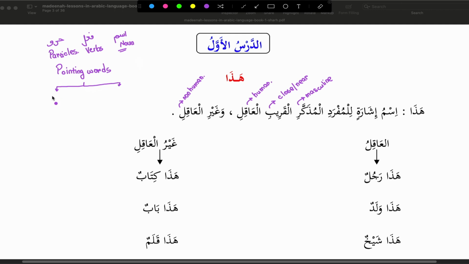Now, there are some which are used to point at things that are close, that are near, and there are some pointing words that are used to point at things that are far. Also in English, we have a word for singular and a word for plural. And only in terms of living things, we have words for masculine and feminine, and mostly when it's for humans.